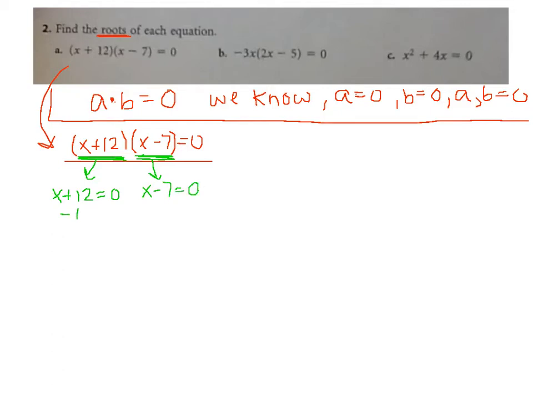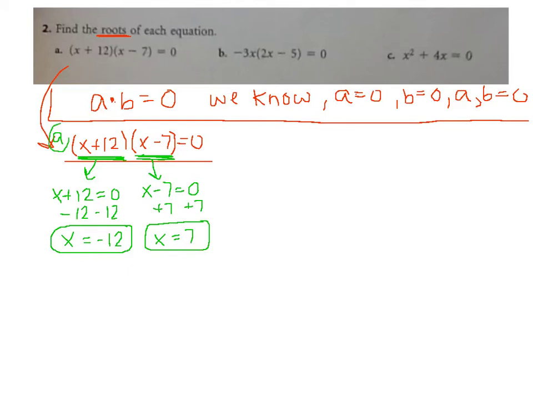And we're going to solve for x for both of them. So in the first one, we need to subtract 12 from both sides. So we're left with x equals negative 12. That's one of our roots or solutions. And then the second one, we add 7 to both sides. So we're left with x equals 7. And that's our other root for this first problem A. Okay? Now B,